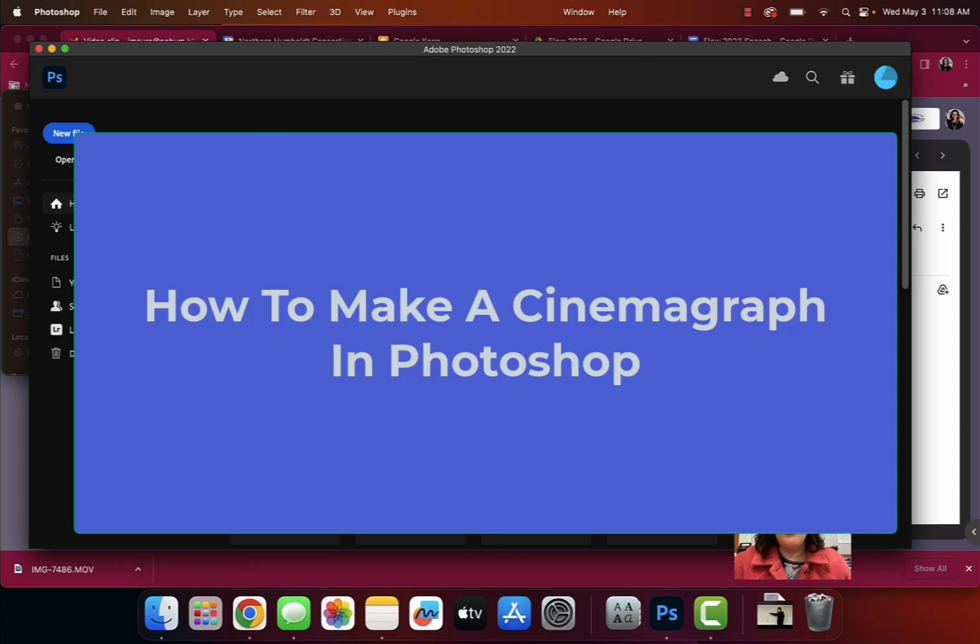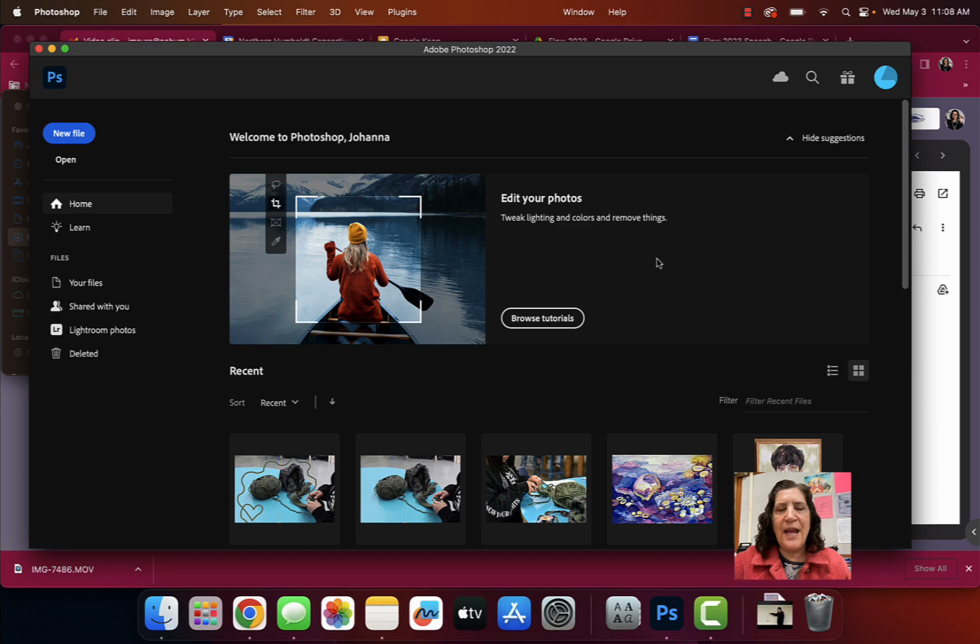This video will show you how to make a cinemagraph. First, you have to take a 3 to 5 second video clip. You can do this with your phone or a school camera of something moving. Now remember, a cinemagraph has most of the frame frozen in time and then a little portion of it moving